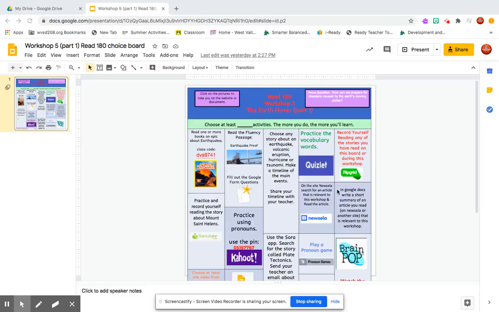Hey teachers, I'm going to show you how to make some choice boards for your students. I think it's really important that you start with what you already teach. You look at your learning targets, your focus questions, the activities that maybe your students need some additional background knowledge